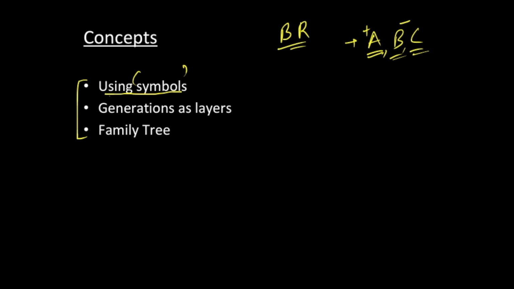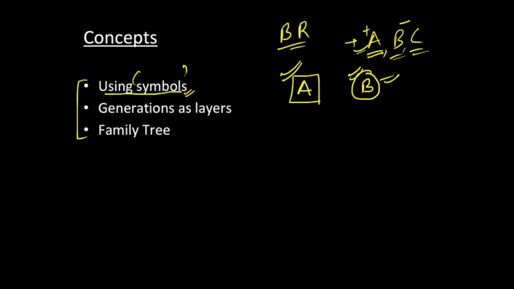But what I would suggest is that if A is a male, you write A and form a box over it. This box signifies that the gender is male. And if B is female, write it and encircle it. This circle signifies that B is female. So this makes your question look very easy, right? Now